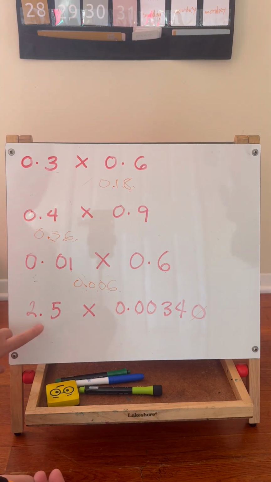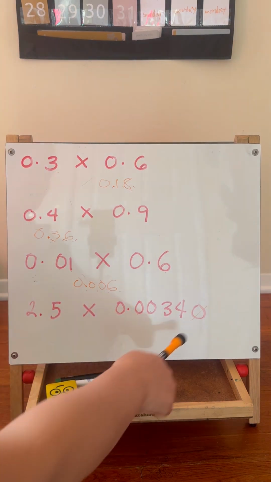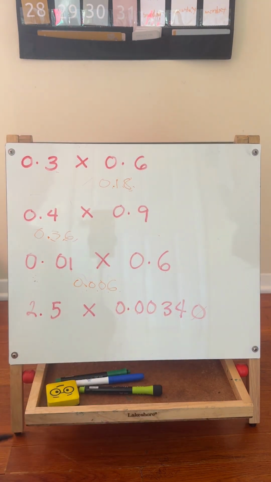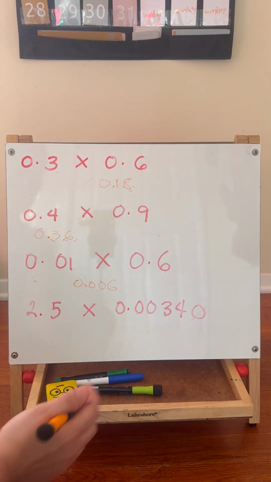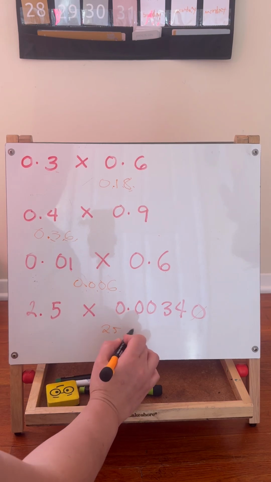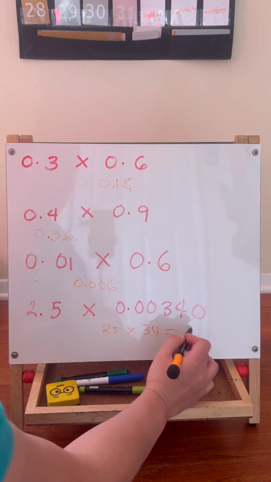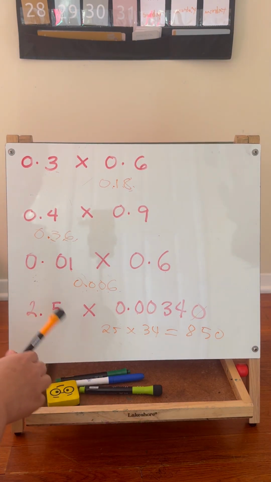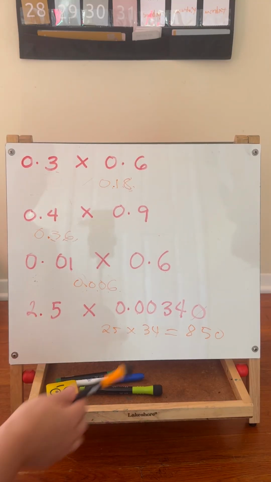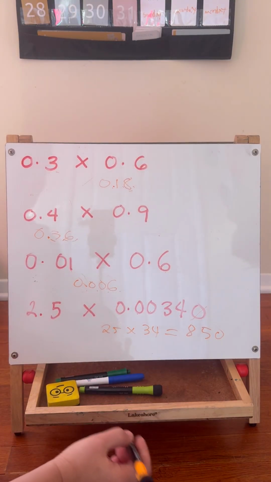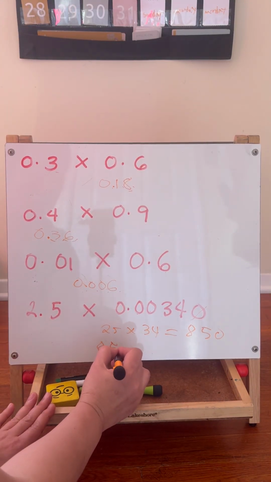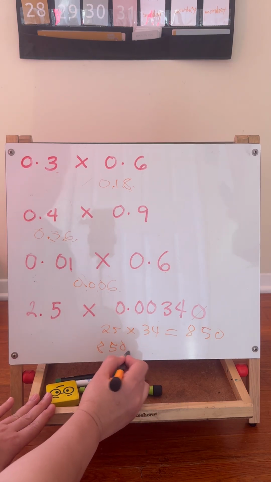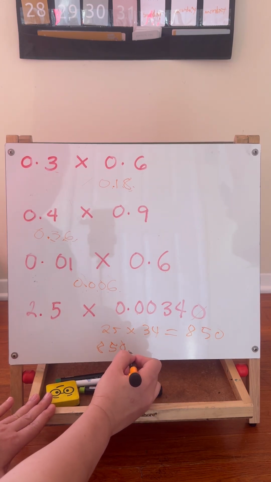Okay, the last one, this one. We can ignore the 0 at the end. That one doesn't count as a decimal digit. So here multiply 25 times 34. The answer is 850. Now count how many decimal digits. We have here 1, 2, 3, 4, 5. So 5. We have 850, and then beginning at the right of the product,